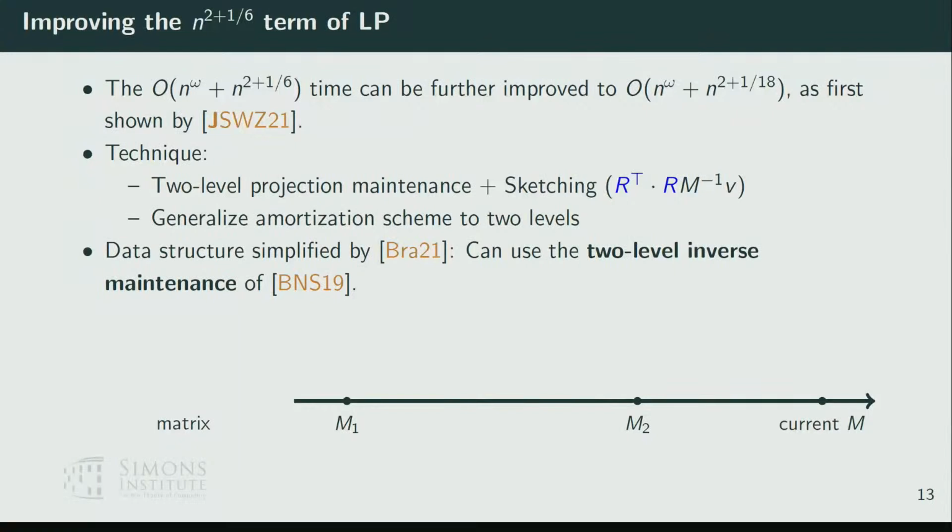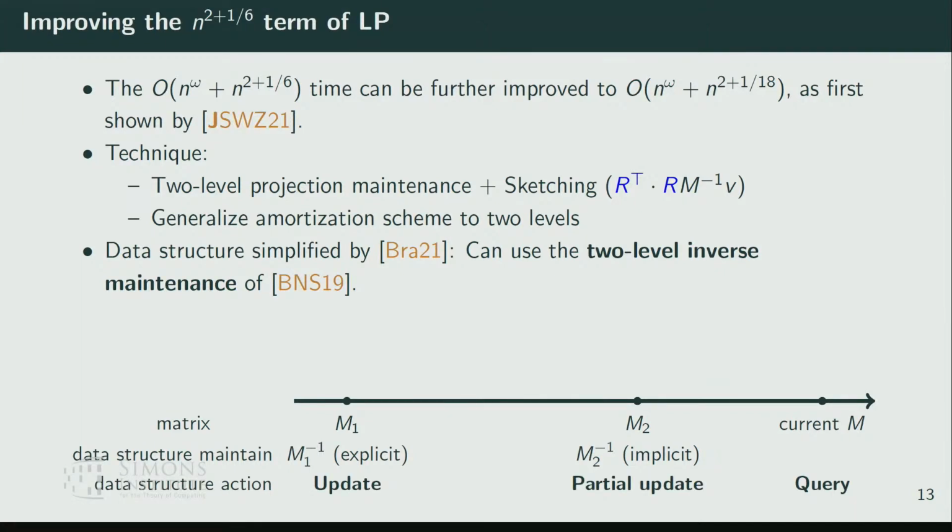So let me describe this 2-level inverse maintenance data structure here. At a high level, what does it do? Previously, we were maintaining some matrix, the current matrix M. But now, instead of just maintaining one matrix, we will maintain a second matrix that has a smaller distance to the current matrix M. The first matrix is maintained explicitly, same as before, but the second matrix is maintained implicitly, so it's more efficient. And then we have the update operation to update the first matrix, and the query operations are